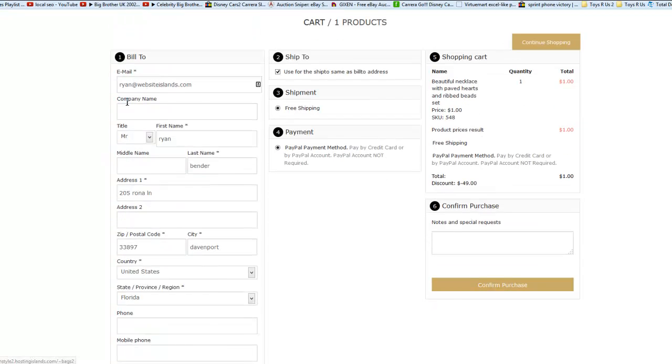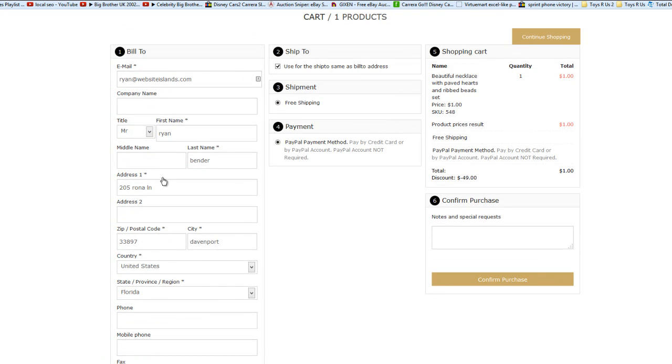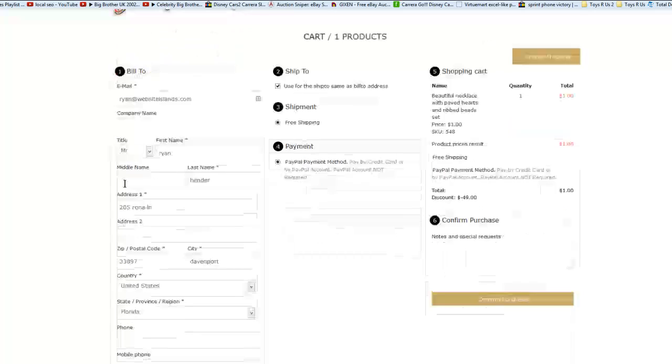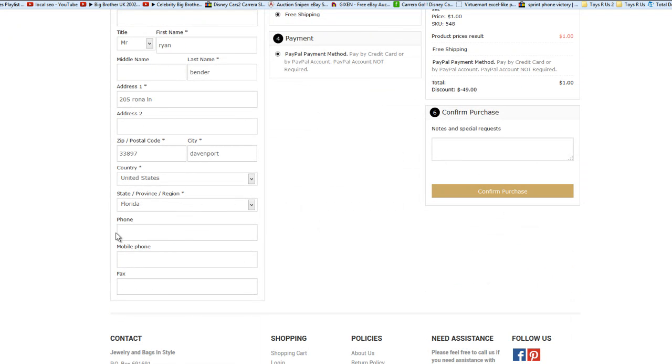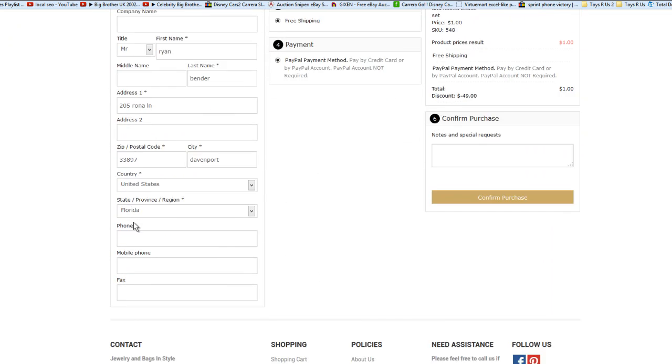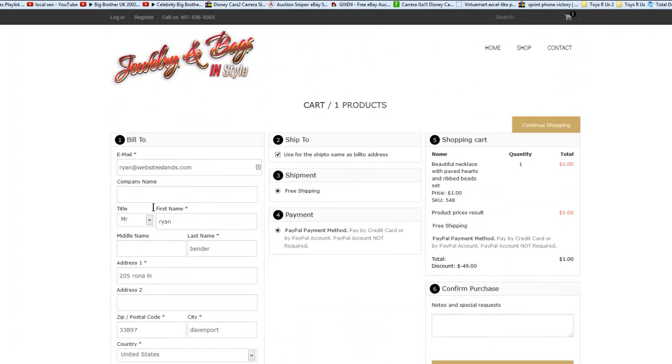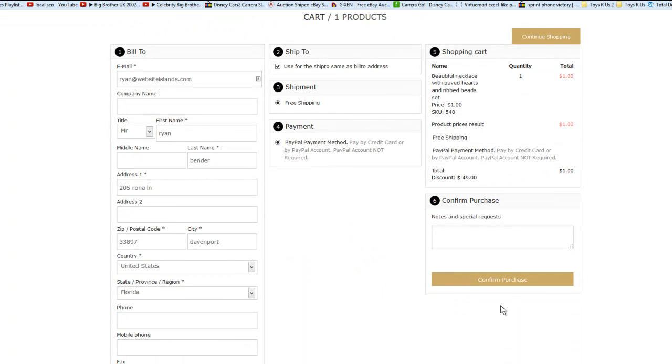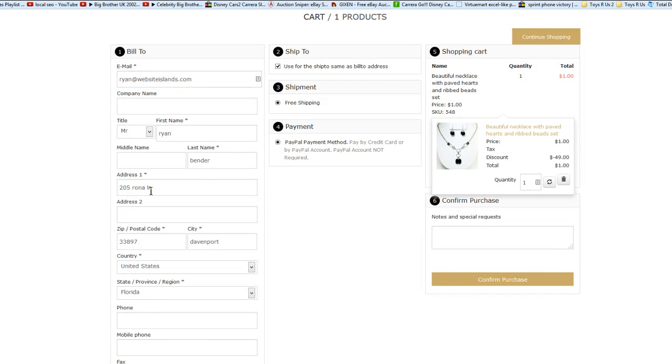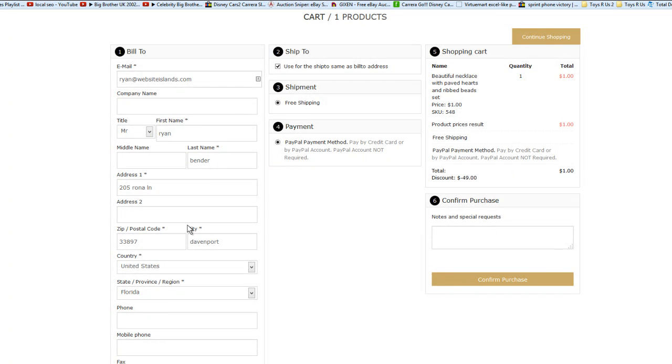Okay, so as you can see, once you've entered in some basic shipping information, you can change your shipping address here if you want, but it's a very simple checkout that requires very little information if you're checking out as a guest, a little bit more information if you're checking out as a registered user. It's a little bit like a GoDaddy.com checkout, the way it looks. So I really like the way this looks. You can put in a special note there and then confirm the purchase, and then it will take you over to